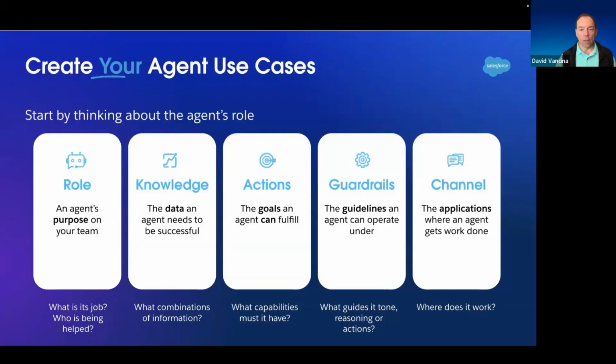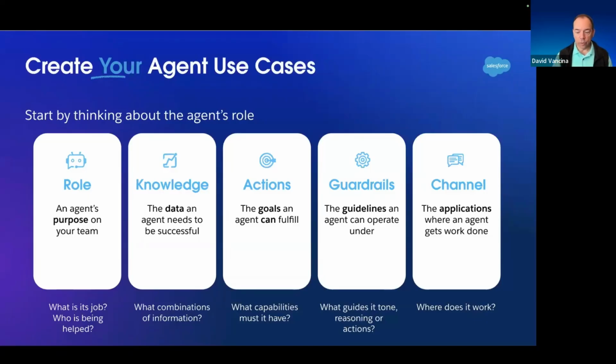Actions. What are the things that we want this agent to be able to do? What are the jobs that it can perform and the capabilities that it requires in order to do those jobs? Once again, this requires thinking about the kinds of interactions and resources that are going to have to be put at the agent's disposal, not merely in terms of information, but in terms of tools that it can use in order to actually take action. There are some technical elements that we refer to, model context protocol. Michael made reference to it earlier, that allows us to define technical tools that can be used, discovered, and used by your agents. All of this is part of the technical design process.